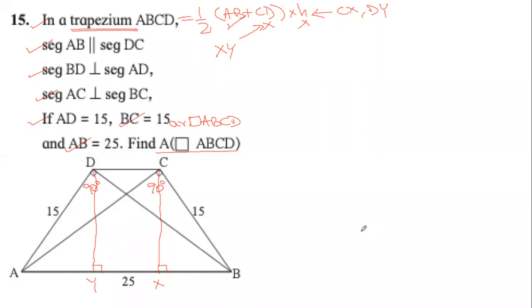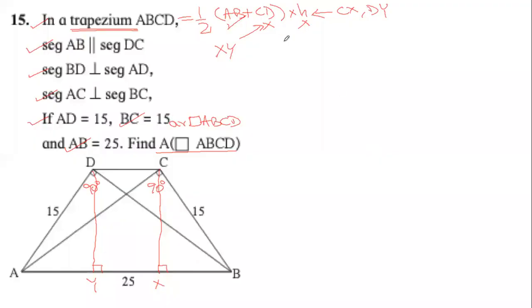Here we have the length of one parallel side. We don't have the length of the other parallel side. Also, we don't have the distance between the parallel sides. To visualize what that distance is, we can draw CX and DY onto AB. So H can be CX or DY. At the same time, CD will be equal to XY. If we can find CX or DY and XY, we will be able to find the area of this quadrilateral, which is a trapezium.